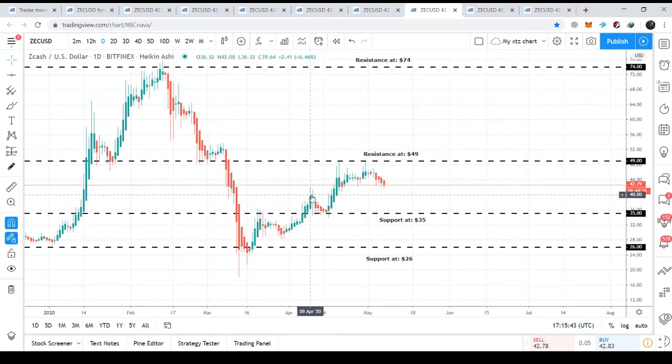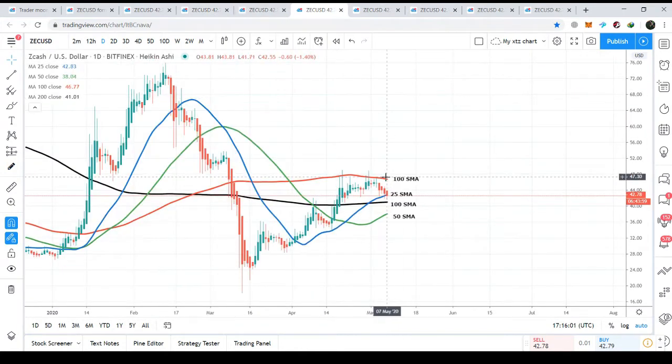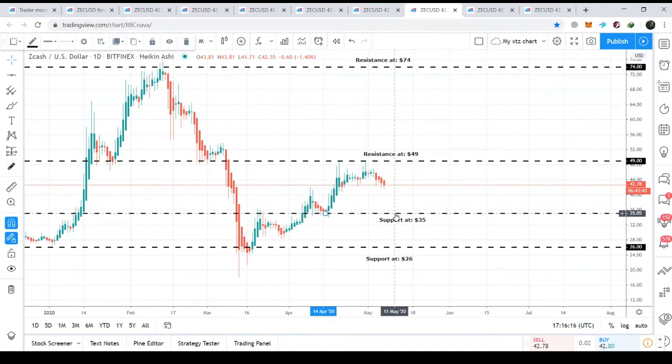And after breaking this resistance level, the price action, as usual, retested the previous resistance level as a support. But so far, it is not able to cross up or break out the next resistance level at $49, where we have the 100 simple moving average on the daily chart as well. We can see that it has formed a double top here, and it has also formed a double top here with the resistance level of $49. Then we can expect that the price line may retest the previous resistance level as a support that is at